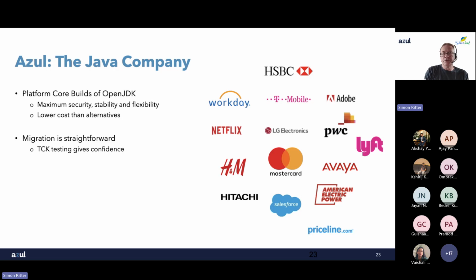What we offer from Azul is an alternative to Oracle with maximum level of security, maximum level of stability, maximum level of flexibility, but at a much lower cost than Oracle. So really, that's all I wanted to say in the